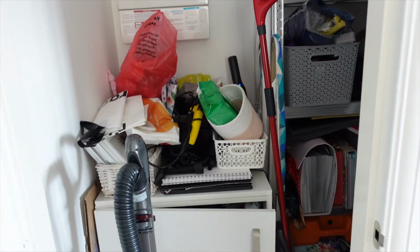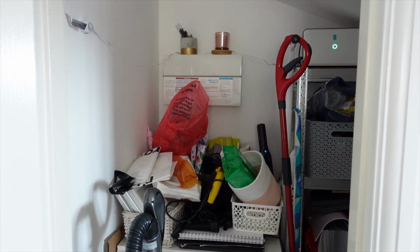It's really not. So without further ado, I'm going to step to the side so you can see the sheer chaos. I mean, you can see it creeping around me there, but it gets worse. It gets worse. How does it get worse? How? So I'm going to take you off the tripod, so sorry for shaky cam, but this